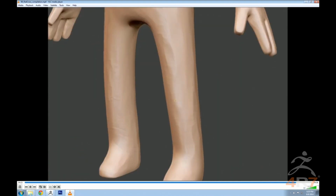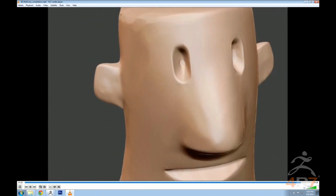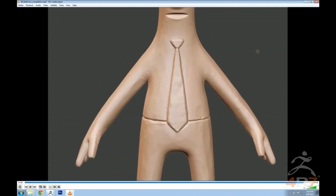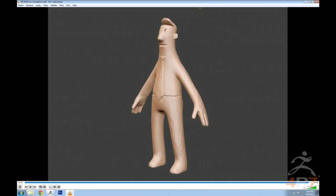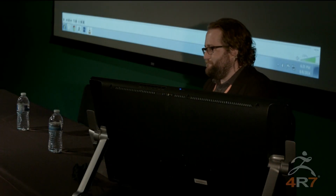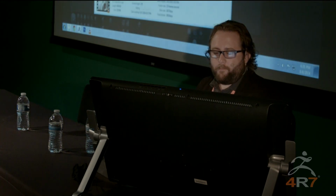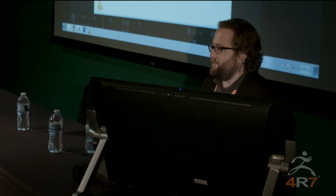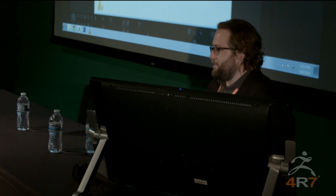It's funny, we 3D printed the character after the fact, and the people who 3D printed it actually sanded them down and sanded off all the clay details. Because I'm sure they just look like artifacts to them. So a pretty simple sculpt, but I think the simple ones are sometimes more challenging because there's nowhere to hide. Okay, so that leads me to Adidas, and Adidas is why you're all here,